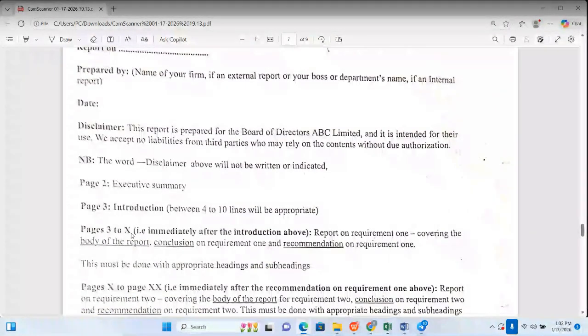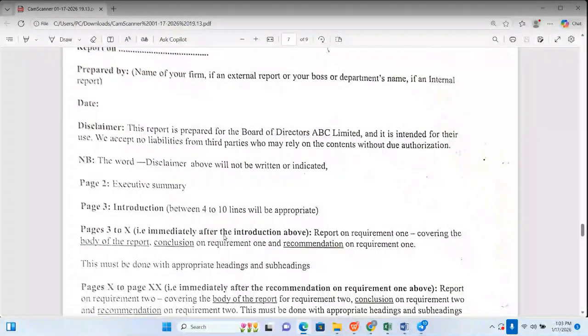Then after you're done with your introduction, you move to page 3. Still on page 3, immediately after the introduction above, report on the requirement. Requirement 1, covering the body of the report, conclusion on the requirement. Now you are reporting on requirement 1, working on requirement 1. So after you're done with requirement 1,